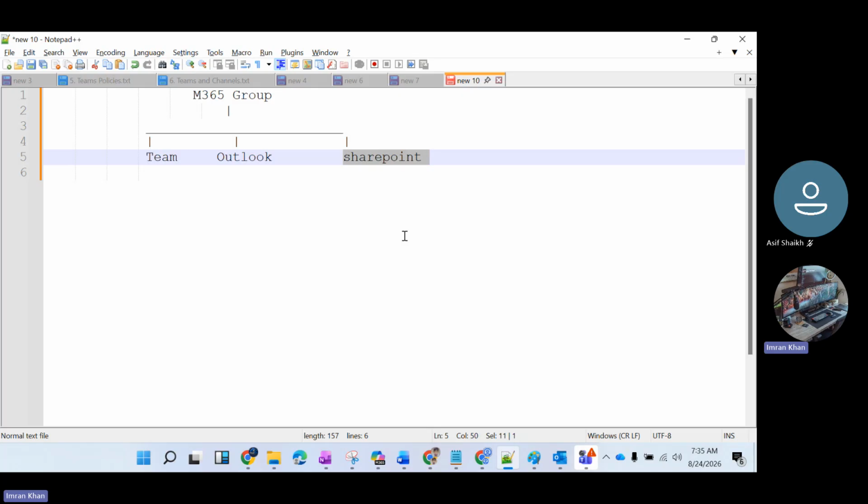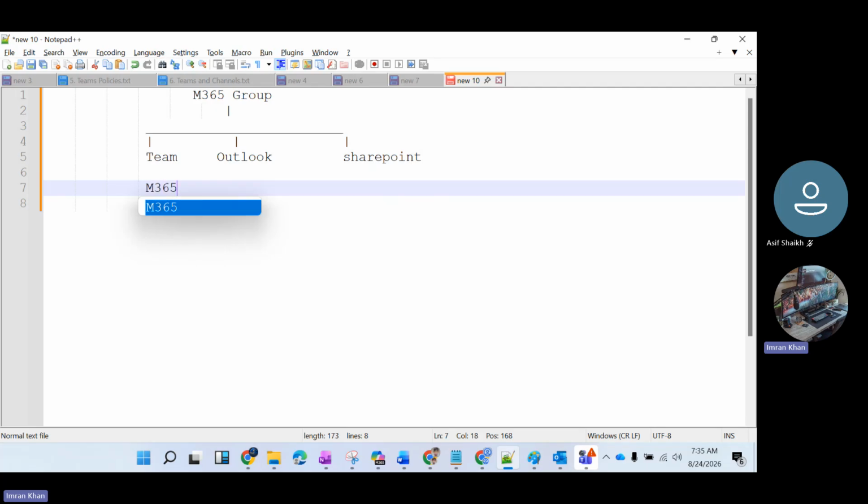Okay. So in an interview, if anyone asks what is a Microsoft 365 group, you can say it's collaboration oriented. You need to remember a formula in your mind: M365 group equal to nothing but